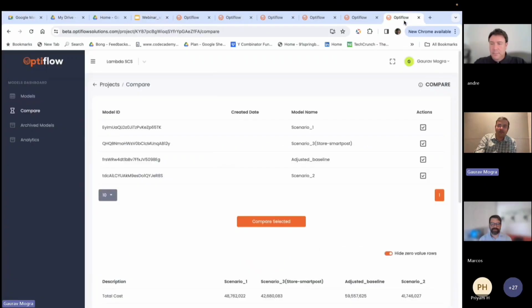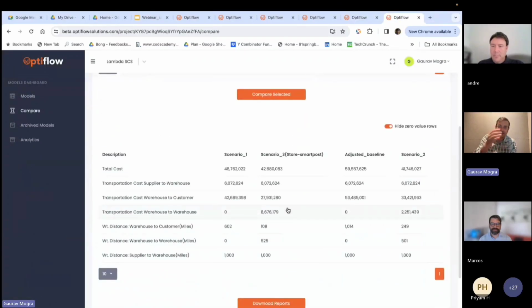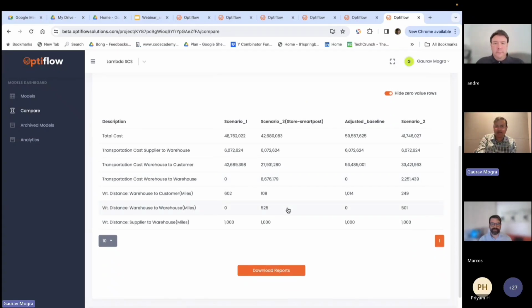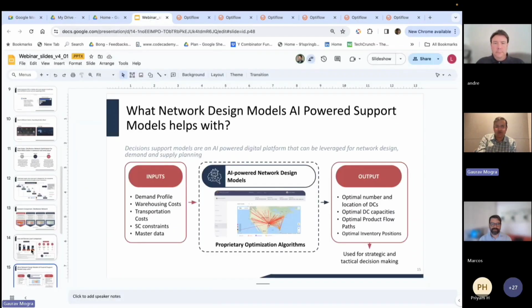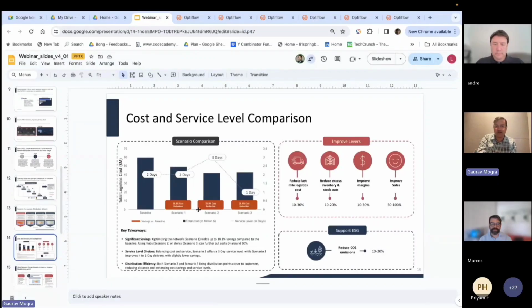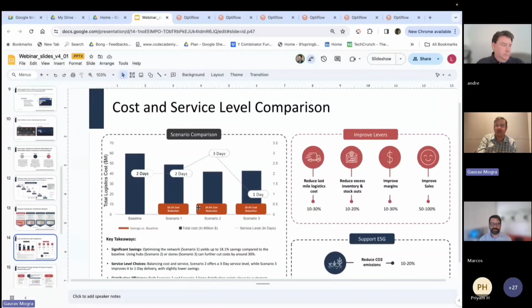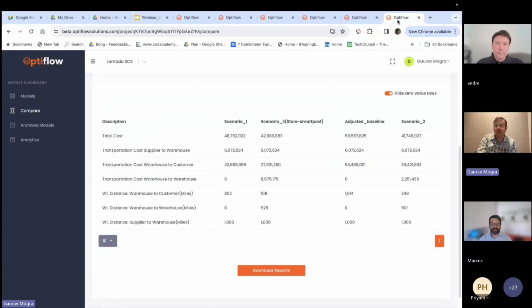Let me first show you, just picking up where Marcos left off, which is looking at the cost and service levels as a summary view, and then we'll get into detailed network design of how to build these models. So as you saw, this is what the costs look like across different scenarios. Similarly, once you build different models, you can compare these different scenarios in the OptiFlow tool, which is your total cost,